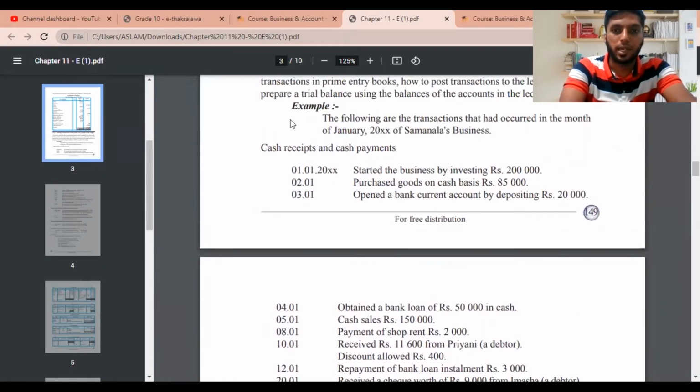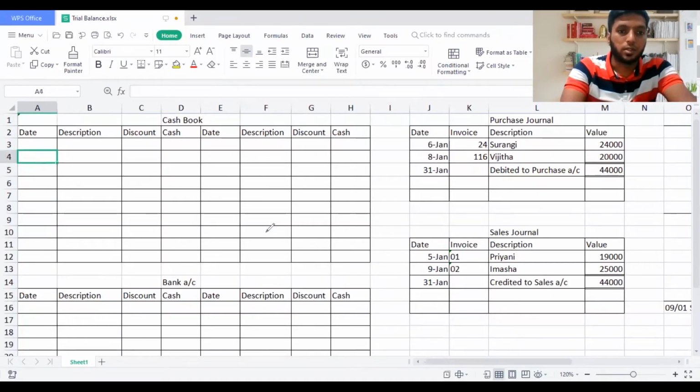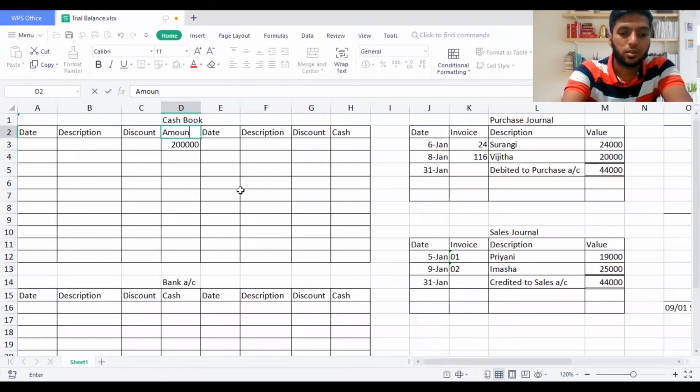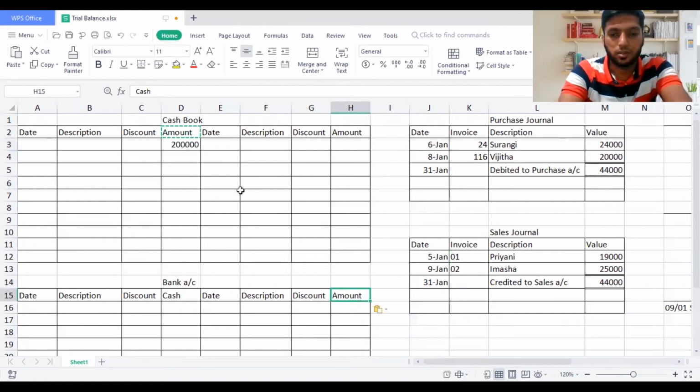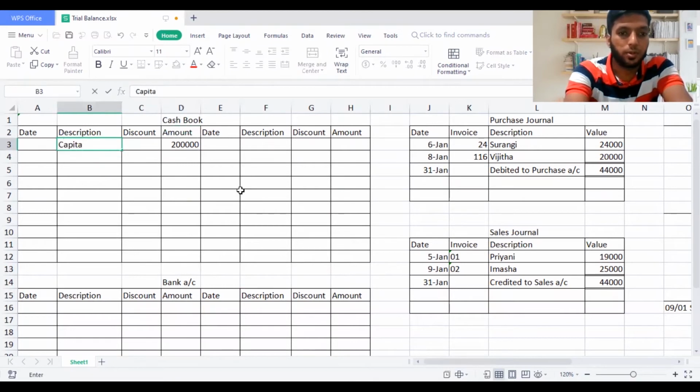Okay, so cash receipts and cash payments have been given here. They're saying first, 2000, started the business by investing rupees 200,000. So when you invest money, your capital account will be credited, your cash account will become debited. So I write here 200,000 on cash. Rather than cash, I think you should write it as amount. You can put it as cash, but I will prefer amount rather than cash. I write amount in all the columns. That gives me much more understanding than writing cash. So 200,000 here I'll say capital,